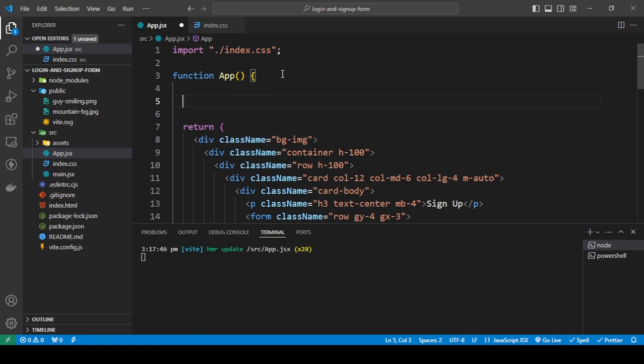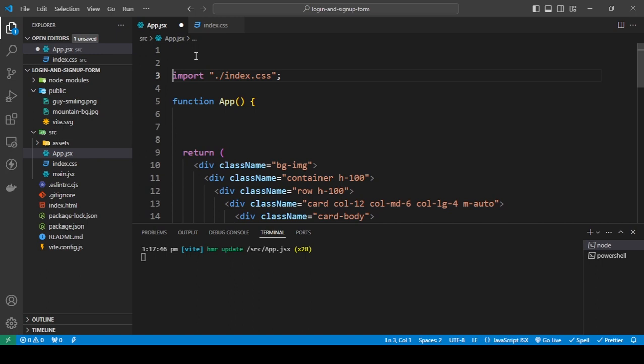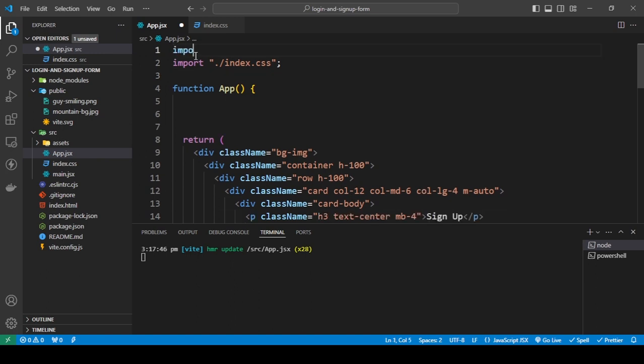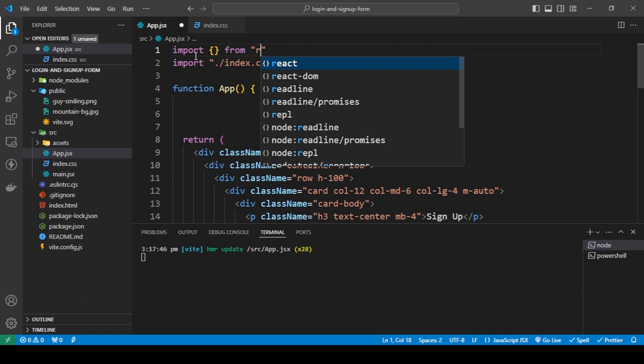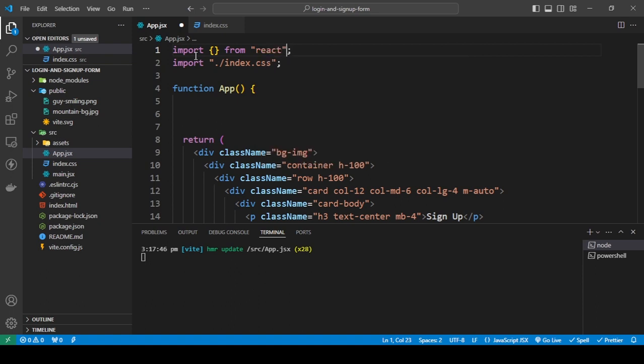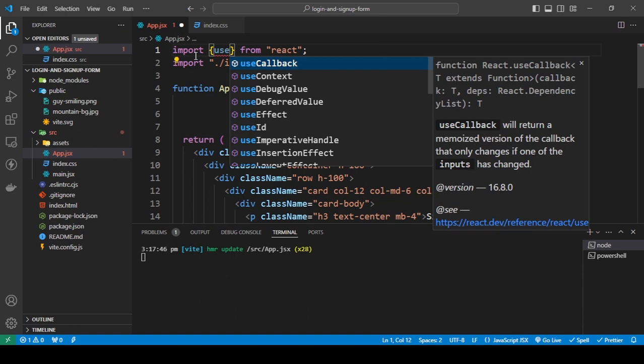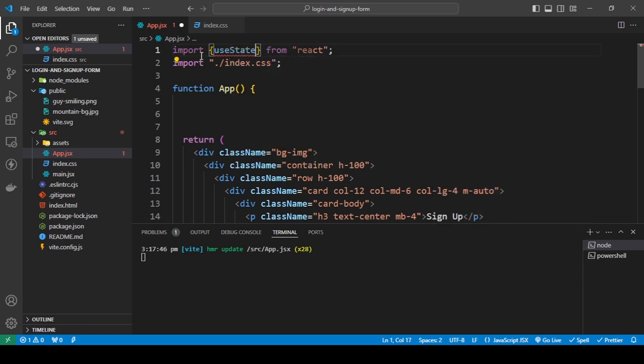So I'm going to import that first. useState. Okay. And now all you do is